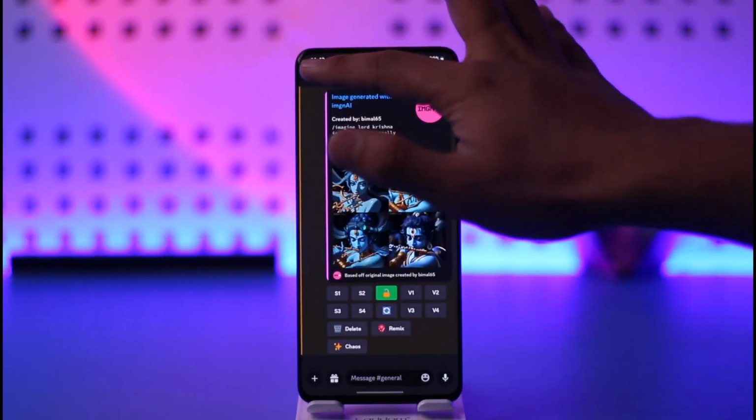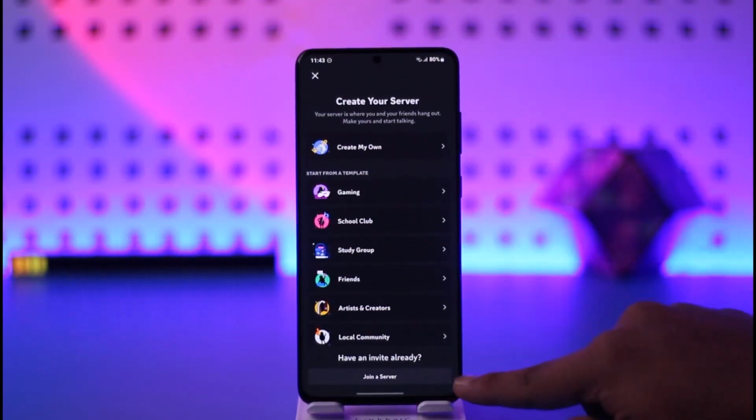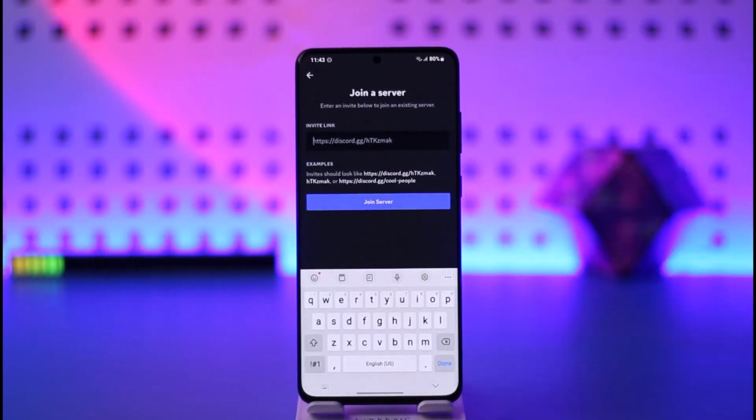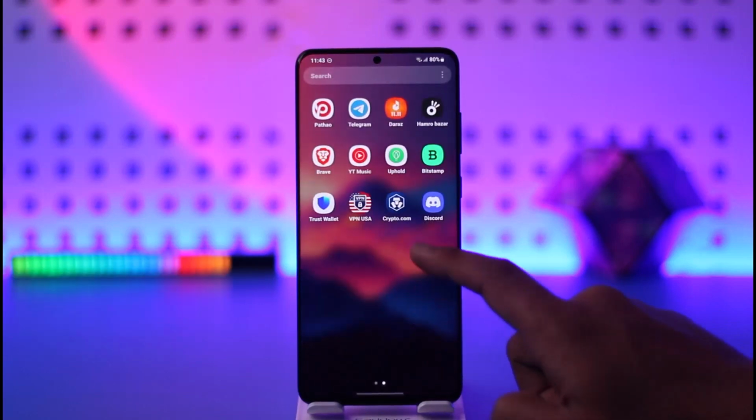You can join a server by tapping this option and tapping the plus icon, going to the option called join a server, but you need to have the invitation for a server. So if you don't have the invitation link and someone has not invited you, you will not be able to join that server. So if you want to look up and explore public servers, what we are going to do